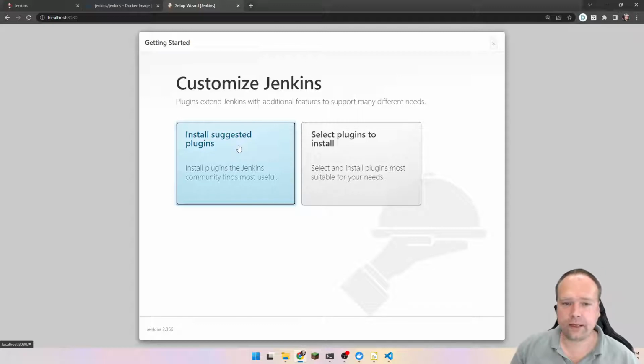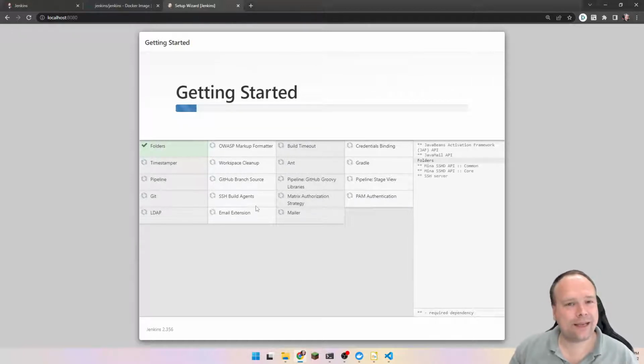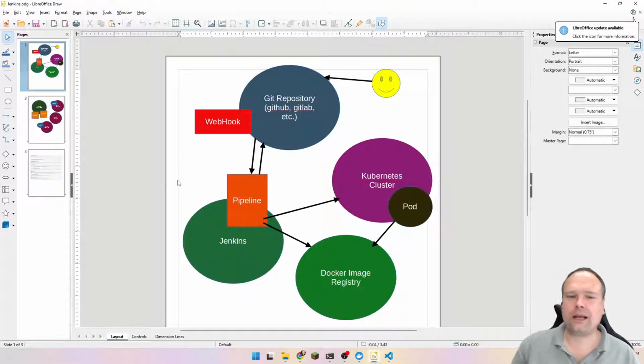And here you can choose how to get started. Do you want to install the suggested plugins, or do you want to get started from scratch? If you're new to Jenkins, and also if you have used Jenkins before, choose install the recommended plugins. This is what takes the time, and that is why I wanted to start that before we look at some theory about how Jenkins usually is